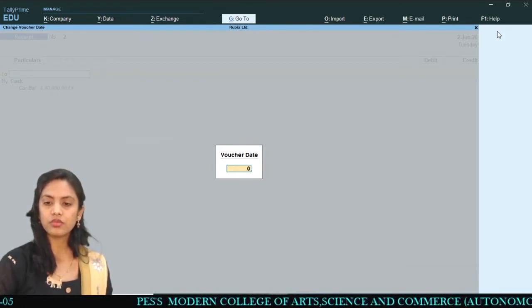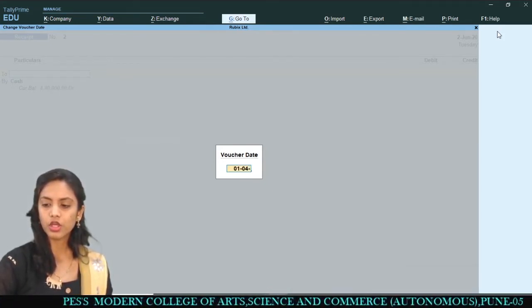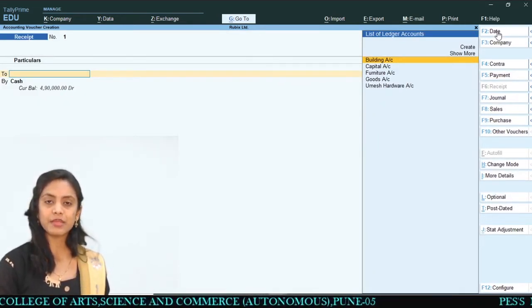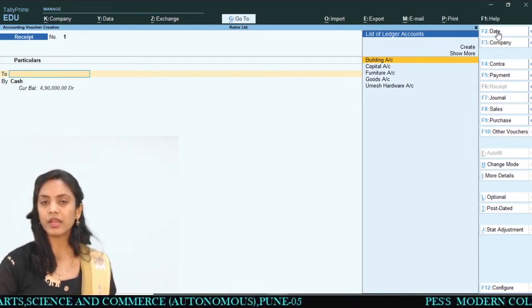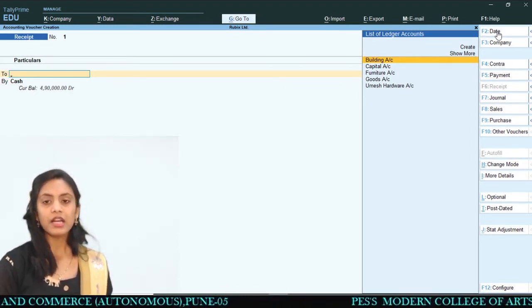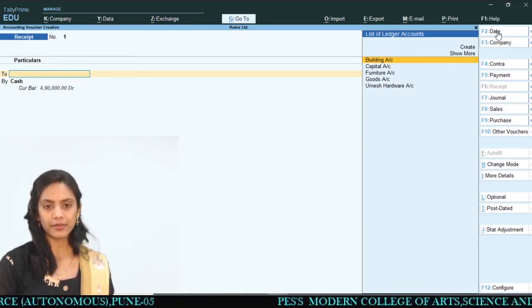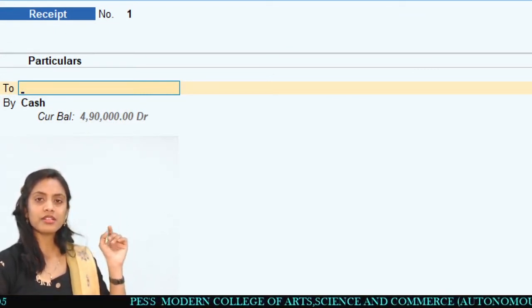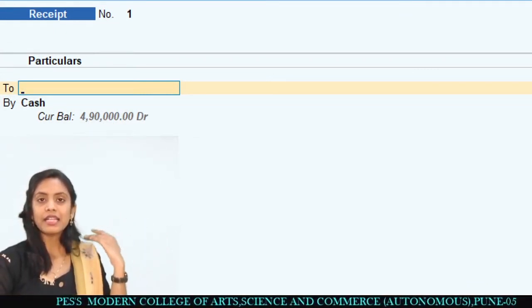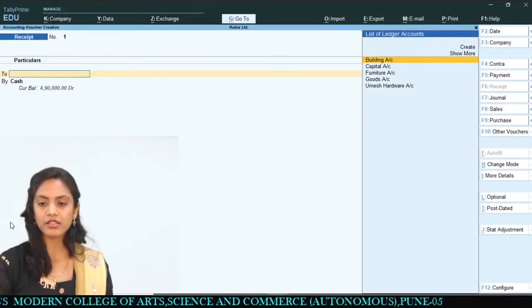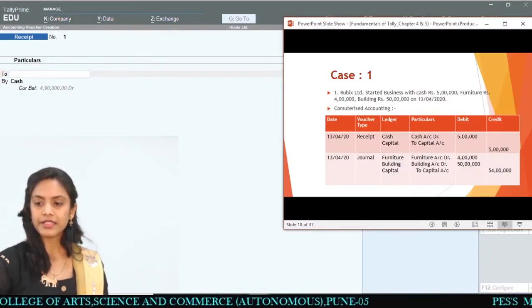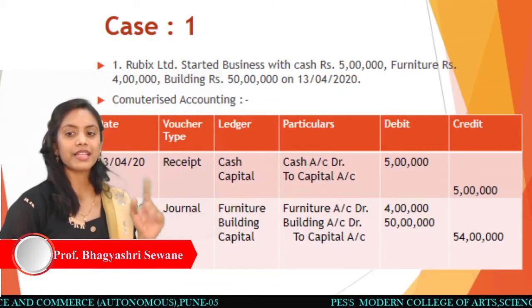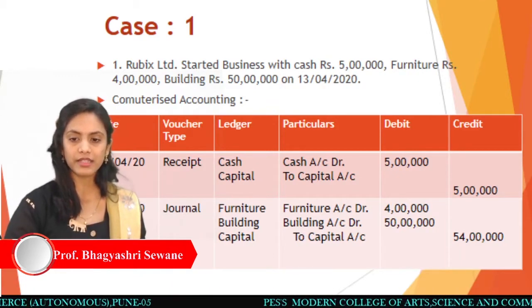I'm just making it the 1st of April 2020. Okay, right now I'm entering. Likewise, they are accepting this entry. So the 1st of April 2020 I have entered. Now they are asking which account you are going to credit. It means that they are asking, in front of this 'To', which account you are going to credit. In this transaction, you can see the cash account is debited while the capital account is credited. So we have to credit the capital account.